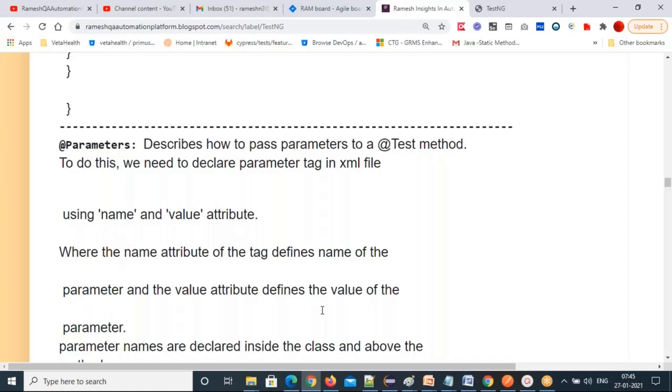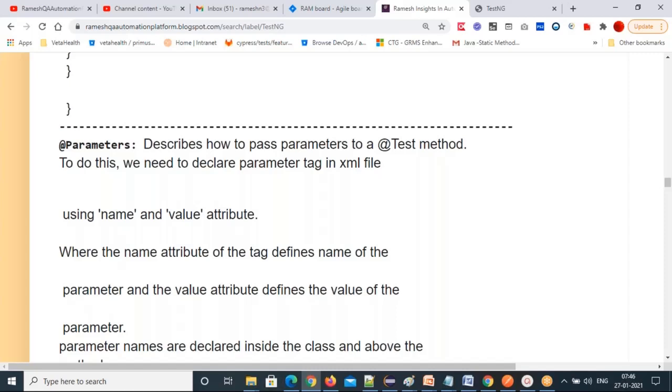What is the suite file syntax? Suite tag, name equal to suite name, test tag, name equal to test name. Then inside the test tag, what will be there? Classes tag. Inside the classes tag, class tag, name equal to package dot class name. One more class is there, right? One more class tag, name equal to package dot second class.